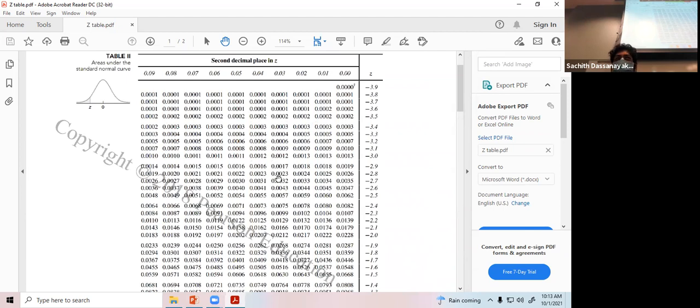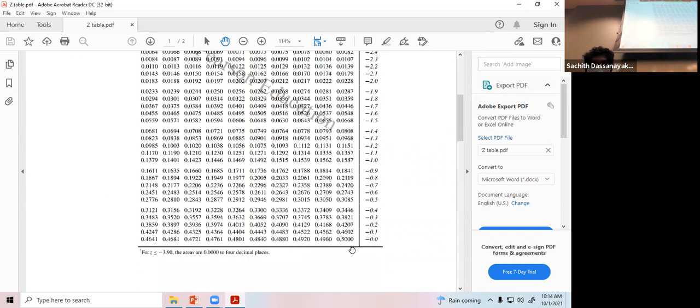Just check the area, starting from 0. See, this is negative 3.9. Then when you go down, values are increasing, right? Which means negative value decreasing means value is increasing. So when you go down, you can see these probability values or areas are increasing. See, here it is 0.001. If you consider a value somewhere here, 0.02 something. So values are increasing when you go down this table. So it's like the area is increasing in this picture.